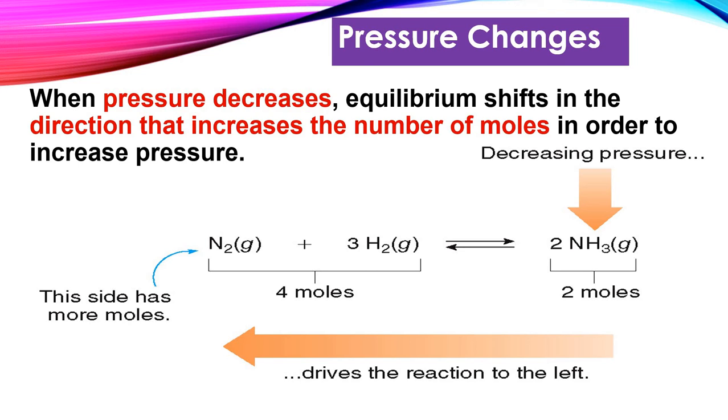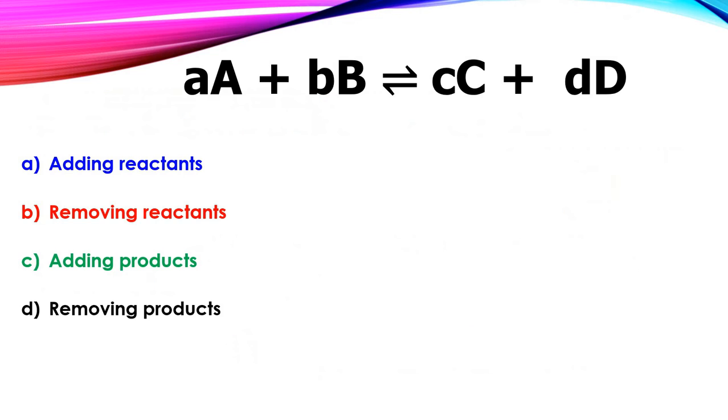Okay? These will be easy questions on the test if you can remember what LeChatelier is. Okay? 3 things: concentration, temperature, and pressure. That's the only things that can do it. And then it also affects only aqueous and gas. All right, so looking at this, if I add more reactants, which way is it going to shift? Go to the right, more products. If I remove reactants, goes to the left. If I add products,